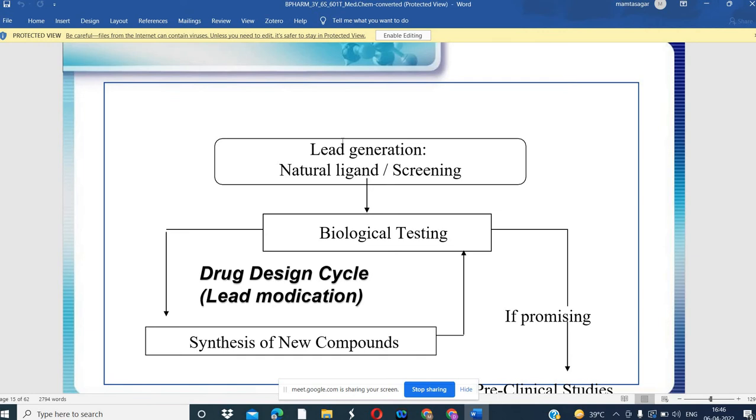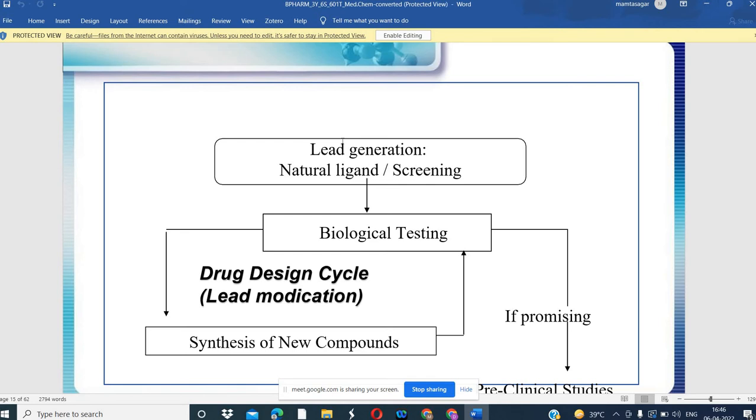In the experimental studies we can check those activities without any biological source. We can check the molecular weight. There are different properties that we can check in the laboratory, called physico-chemical parameters. All of these we can check in the laboratory, and we can predict the drug-likeness properties of the compound. Okay, this compound has drug-likeness activity or not.